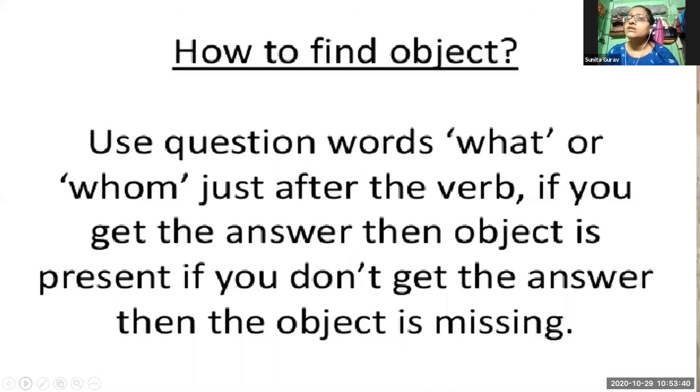The sentence was: the pilot landed the aeroplane. Suppose I ask the question, what did the pilot land? So the answer is an aeroplane. So here there is an object in the sentence. That is why that will come under transitive verb. Okay? And if I do not get the answer to my what question, then that will come under intransitive verb. Next,